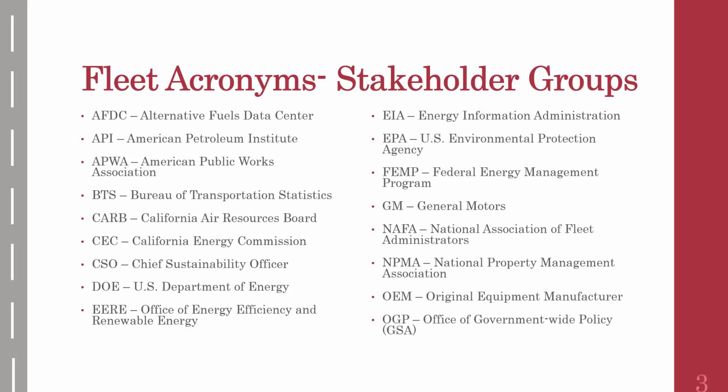Now, the next two relate to California specifically, the California Air Resources Board, or CARB, and the California Energy Commission, CEC. Those two organizations are important because there are a lot of emissions requirements that are specific to California vehicles, and in recent years, a lot of other states have adopted those more stringent emissions requirements, and you may have vehicles in your fleet that are subject to those rules rather than the more generic EPA federal rules.